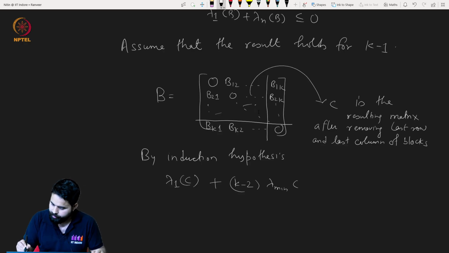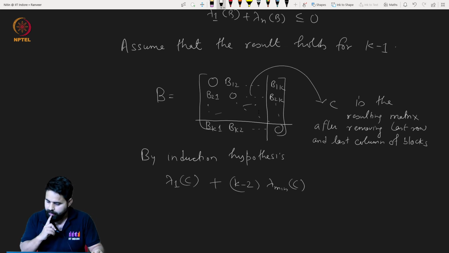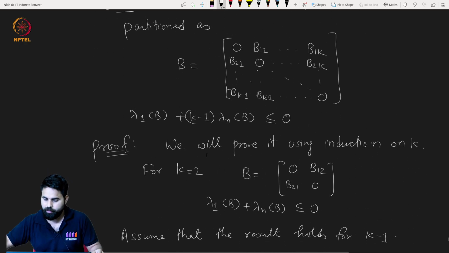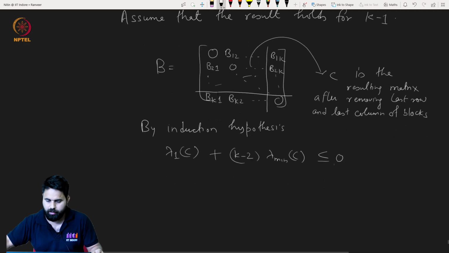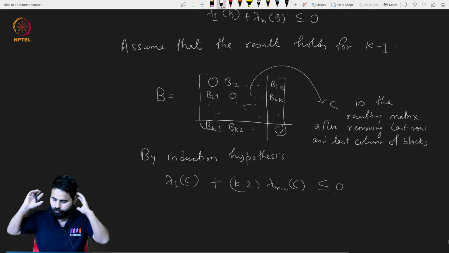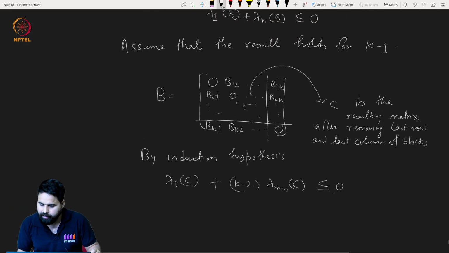Okay, so C, largest eigenvalue, and then lambda minimum of C is always less or equal to 0. This is by the induction hypothesis, right? So the induction hypothesis result is 2. There are k minus 1 blocks, so here it will be k minus 2. Okay, the smallest, so everything is going very, very fine. Very good. Now the next thing is,